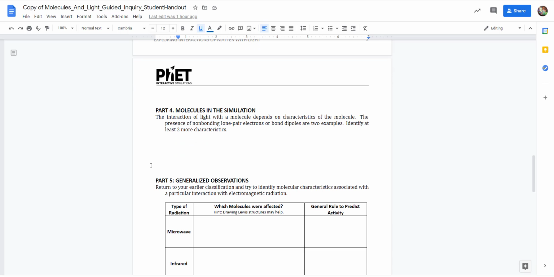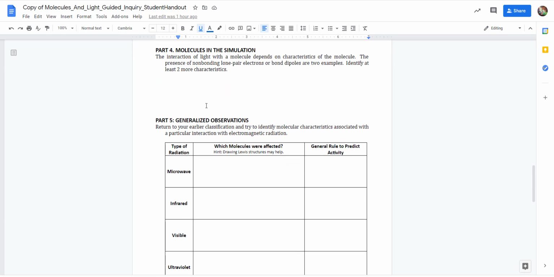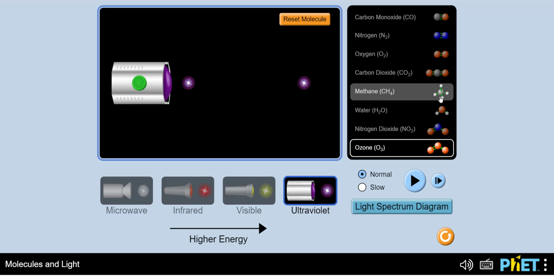Okay, so this next question, or actually really two questions, go together. So looking at the different types of radiation, and I'm sort of talking about both of these questions at the same time. There are certain characteristics of the molecules. If you go back and look, we have carbon monoxide, nitrogen, oxygen, and so on. Some of these molecules have certain things in